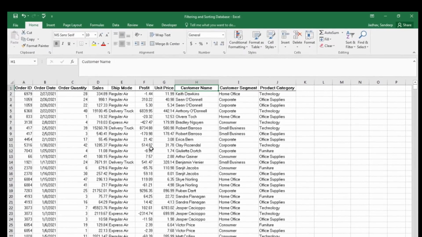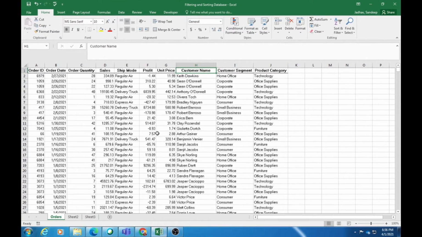Now first let us see how to put filters. We can put the filters in three different ways. First is by using the keyboard shortcuts. There are two keyboard shortcuts we can use. The second is by using the mouse. The first shortcut is Alt D F F. So your active cell should be inside the data and use Alt D F F.